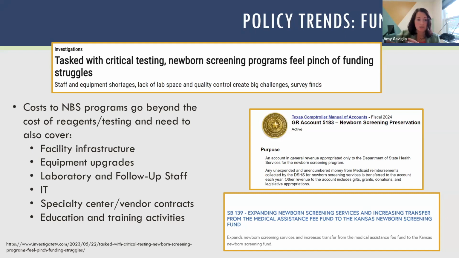So I'm going to highlight here, Texas actually dealt with this recently, and I think really came out with a great solution. They were able to create, through policy, what they call a newborn screening preservation fund, which essentially sets aside funds specifically for test additions and improvements so that as new technologies, new diseases come down the pipeline, they will be able to be more agile in their ability to add and transition to these technologies. And I think this can really serve as a great model for other programs. Next slide, please.